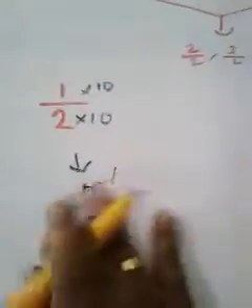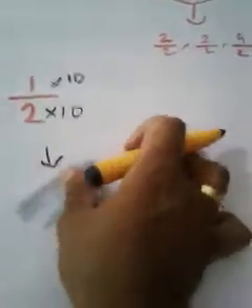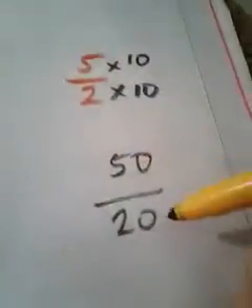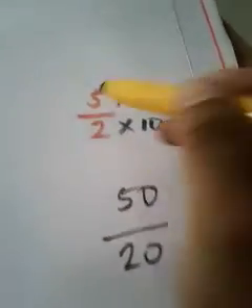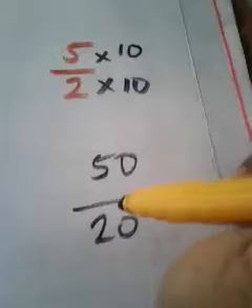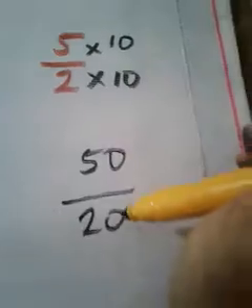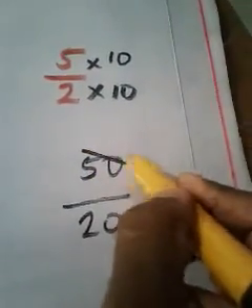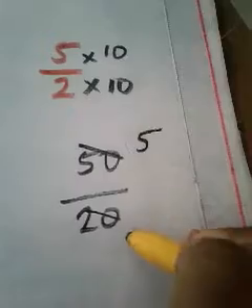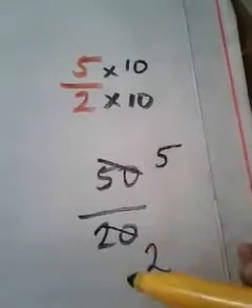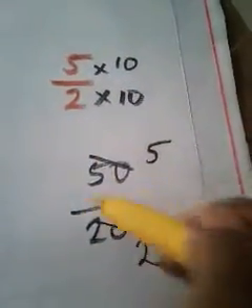Are you following me? That means the question will not change. Maybe you may think that 5 by 2 and 50 by 20 are different. Isn't it, sir? Then how can you write 5 by 2 as 50 by 20? Yes, I can write. Why? Because you just try to reduce 50 and 20. Which is a common factor of 50 and 20? Yes, of course, 10 is a common factor. In 50, how many 10? 5. In 20, how many 10? 2. Same 5 by 2 will be reached. That means instead of 5 by 2, I can write 50 by 20 also. You can cancel it and note it: 50 by 20, 5 by 2, cancel it.